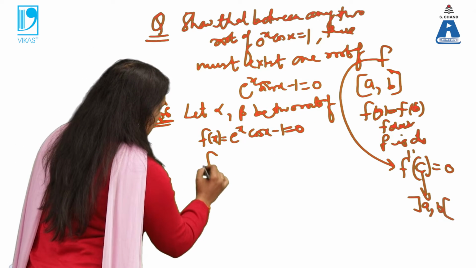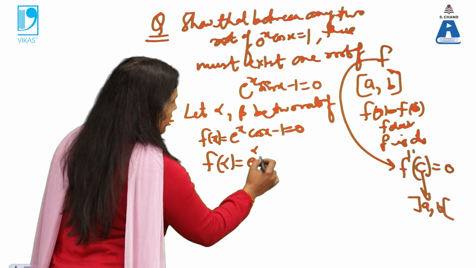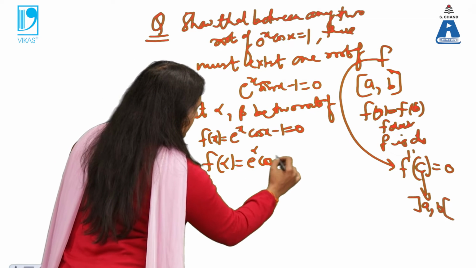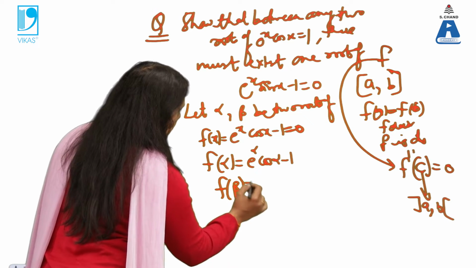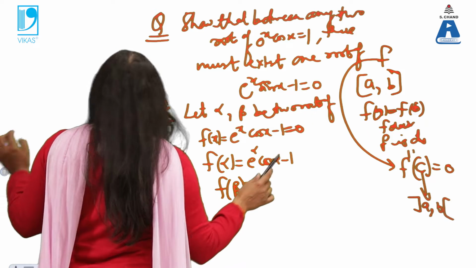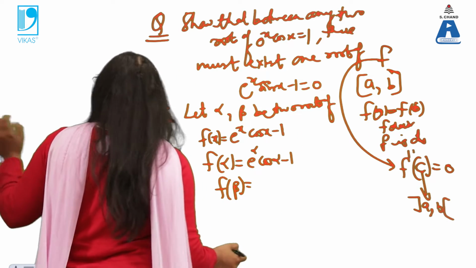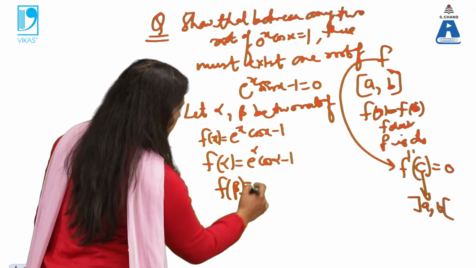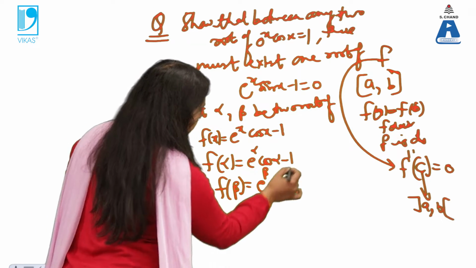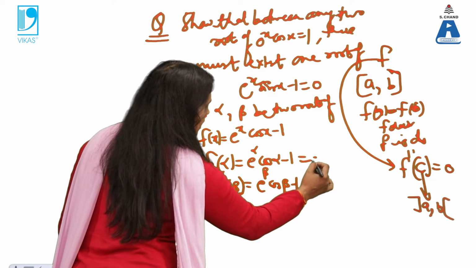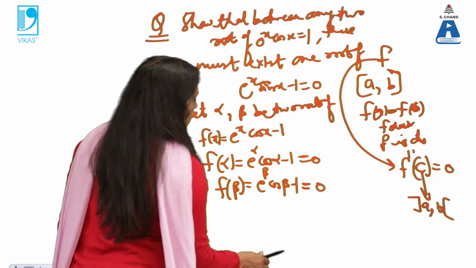Roots means f(alpha). It means instead of x you put alpha. This is my function. So f(alpha) is this, f(beta) is this, and we are given that these are roots. It means this value is 0 and this value is 0. Now,